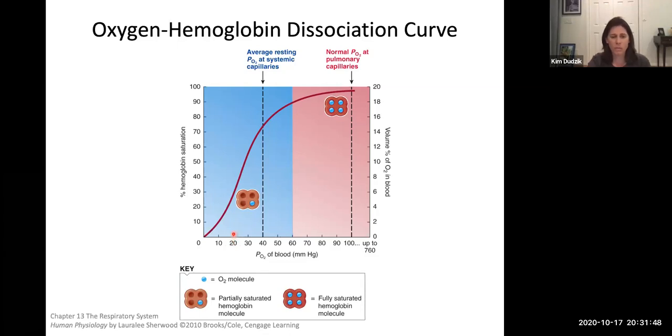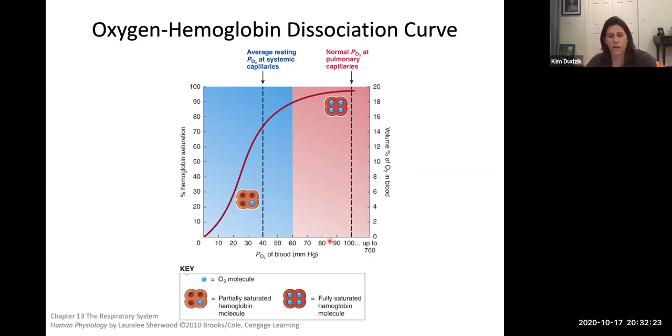So I'm at 20, I'm going to go up until I hit the red line, boom, I hit it. Now I look across to the y-axis right there. It is 25% saturated. That's what this one is showing you. That means it released 75% of its oxygen to the tissues so the tissues can use it up. So lower down here, this shows me very active organs, active tissues. Up here, this is either leaving the pulmonary circuit, or the tissues aren't working very much at all.